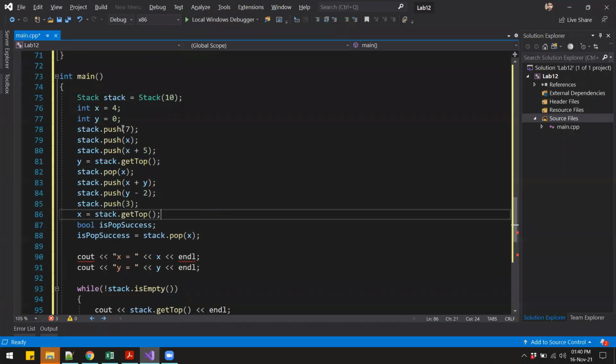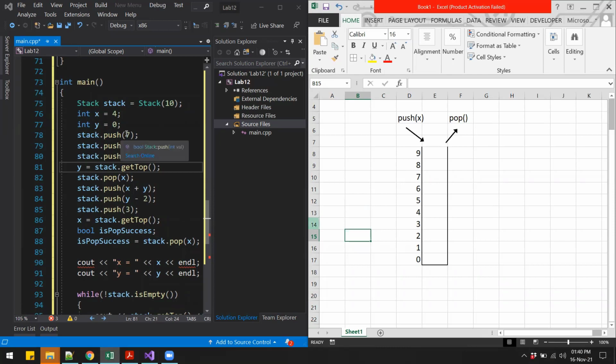So in here we have the x and y. X is 4, y is 0, and we are saying stack dot push 7. So in this stack we are pushing the value 7. All right, so we are pushing the value 7 onto the stack, so that 7 will come over here at the bottom. Then we are pushing the value x. X is 4, so 4 goes over here.